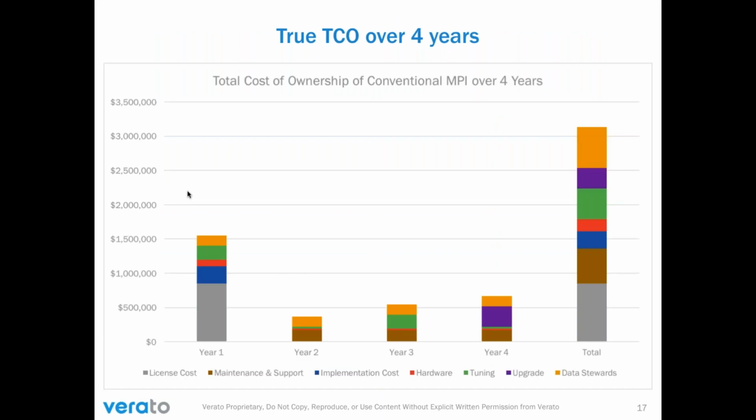So what does that end up looking like? We put together some estimates, and I'll tell you at the end, we've got a little calculator that we've created that's pretty cool, to try to capture some of these elements. And what we're building up to, which I'm going to get to in a second, is how the Verato UMPI, Universal MPI offering, differs from this. It's a subscription-based solution, so I'll contrast that here a little bit.